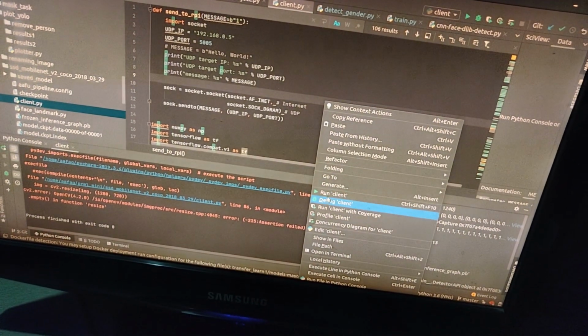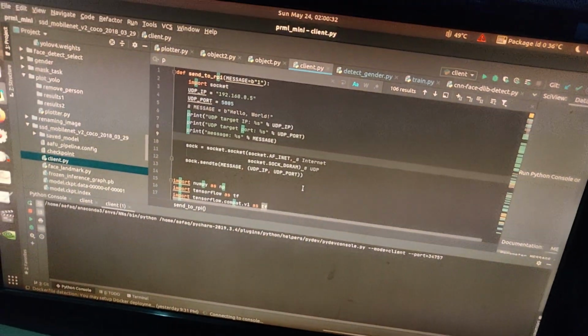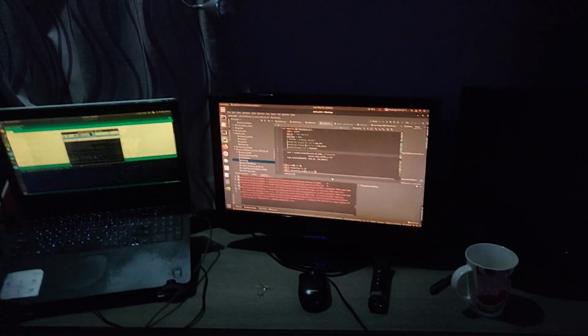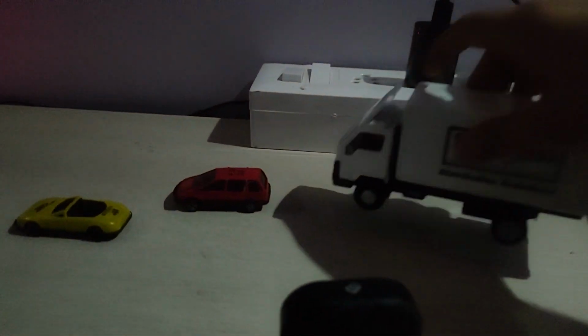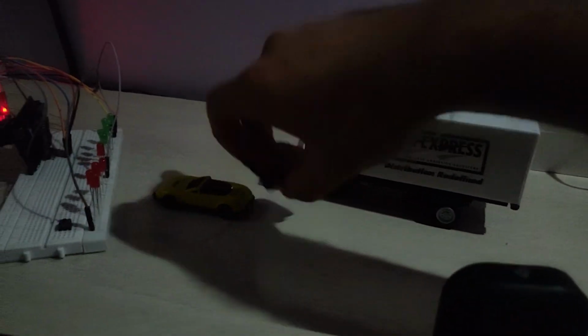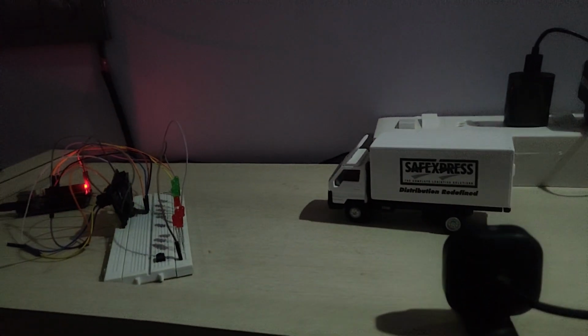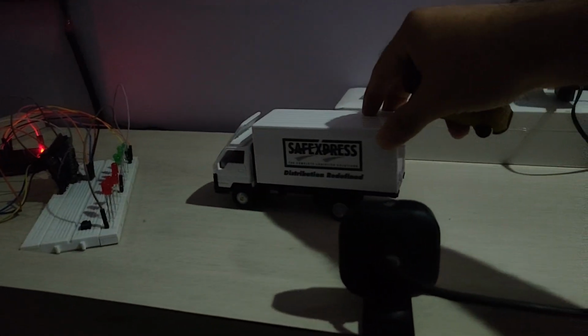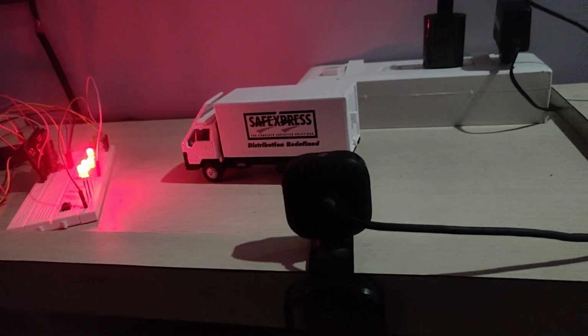I am running the object detection here. So what happens is when there is a truck here, the red light should glow, and when there is a... so it just started.